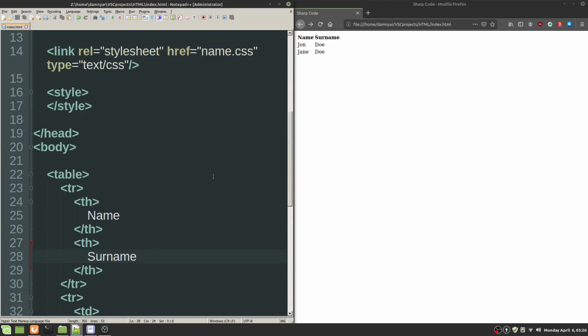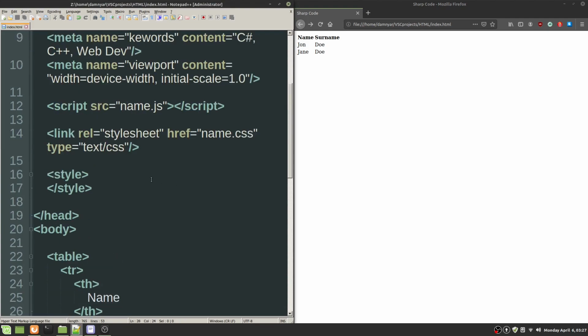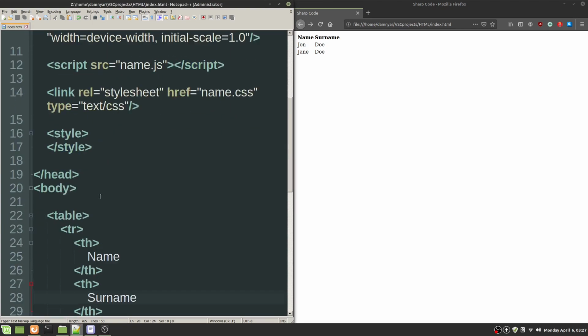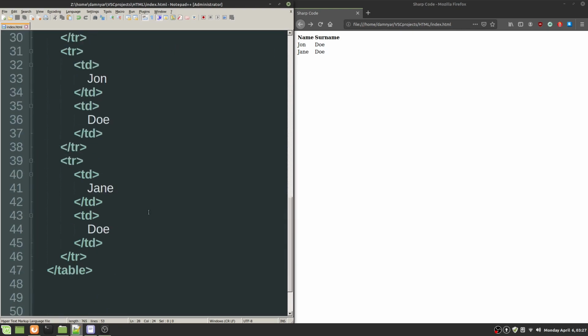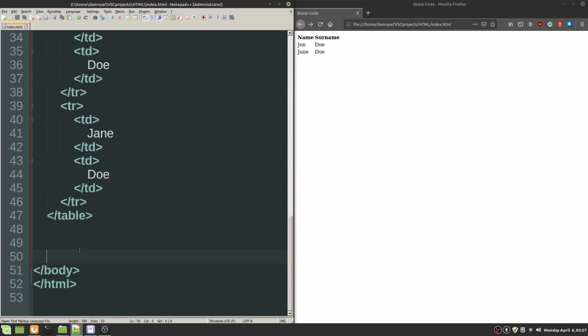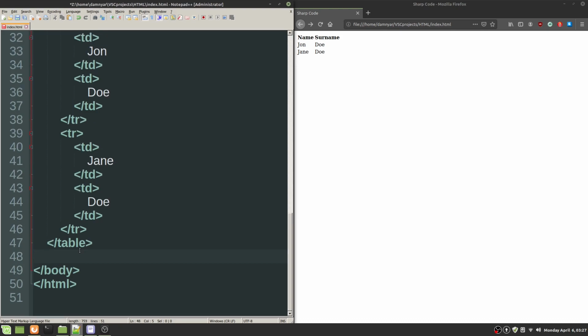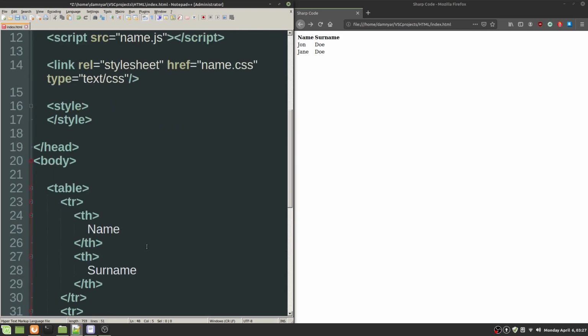Inside the tables, you can put a tags and images and every other type of tags. You can also put some style on the tables, but I will talk about it in a CSS video to not mix all things in one video. And I think that's all for today's beginners video, and here are some tags that you need to know to